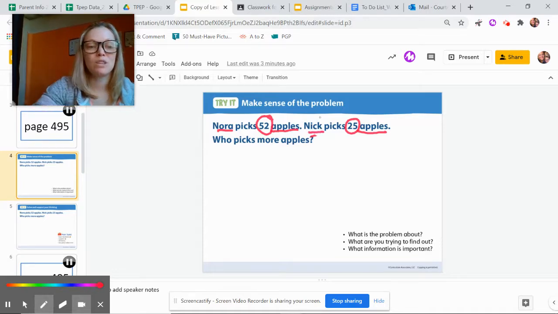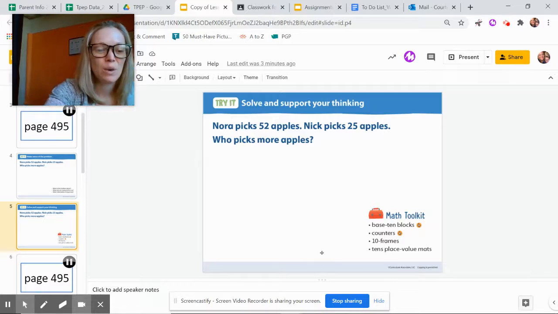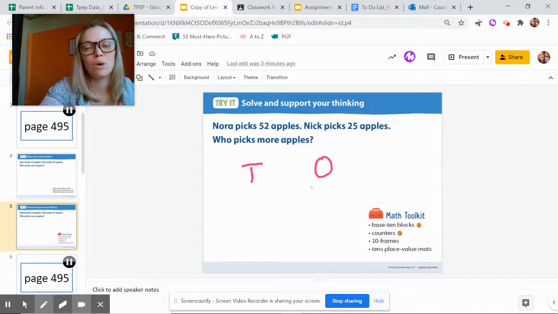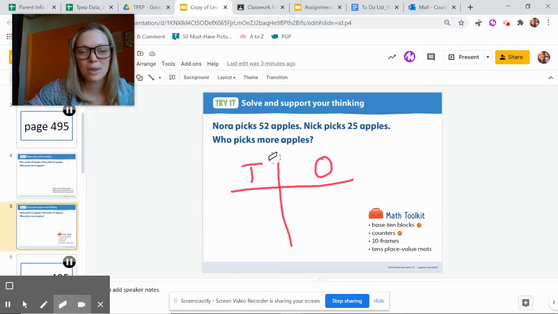Now it's going to be your turn to solve this. You can use base 10 blocks, counters, 10 frames, 10 place value mats, which just look like this. On your whiteboard, you would write a T for tens, an O for ones, and go like that. This is where you can put your tens. This is where you can put your ones. So you're welcome to do that. The other thing you can do